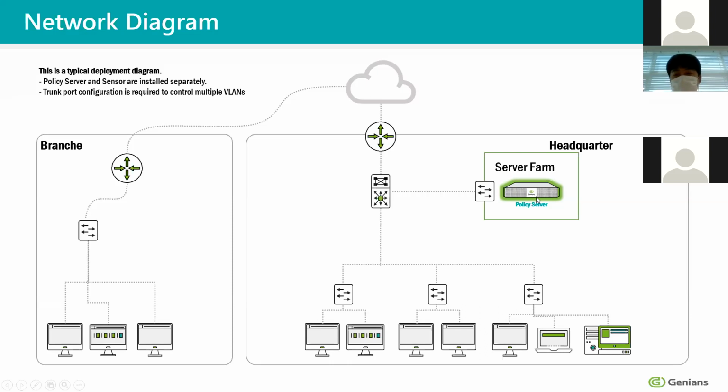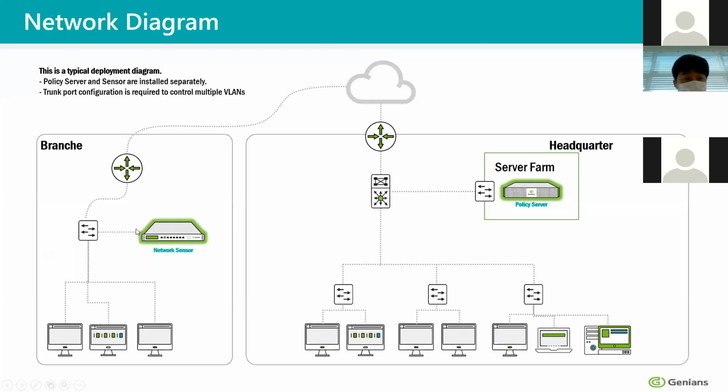Just imagine that you are going to deploy this product. It can be located in your local environment or even the IDC, as long as this policy server can communicate with your network in order to get your network information. The network sensor, however, must be located in your local environment,